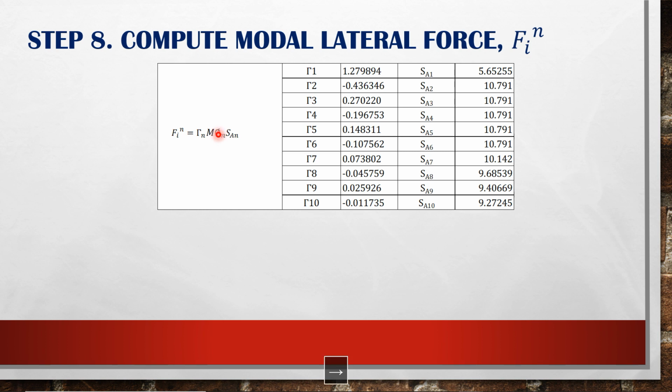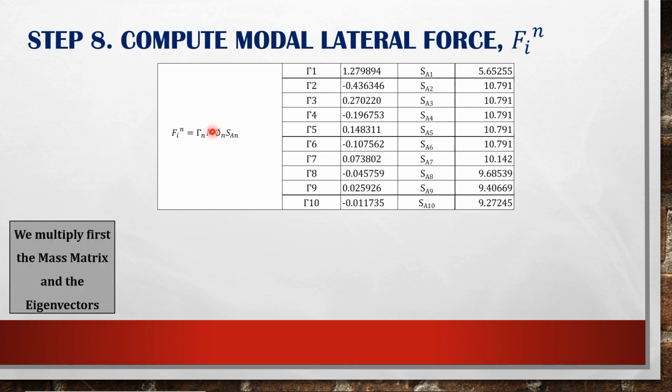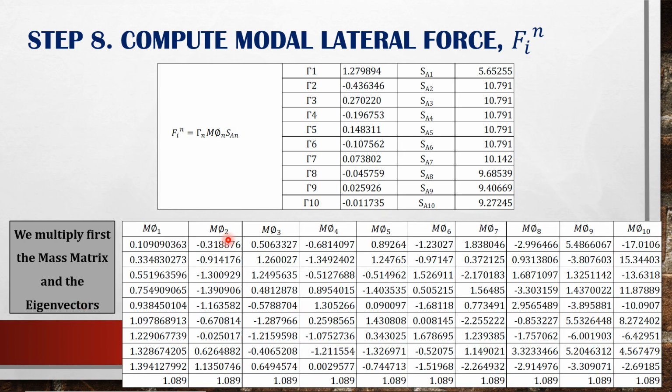So, i-solve muna natin sila, no? Ito, multiply natin tong dalawa. We multiply first the mass matrix and the eigenvectors. Yung matrix natin kanina, yung matrix natin na phi. So, ito yon. Ito yung magiging result niya for the mode 1 eigenvectors. Ito yon. Mode 2 eigenvector ito, mode 3 eigenvector dito, mode 4 eigenvector ito, mode 5 eigenvector ito, 6, 7,